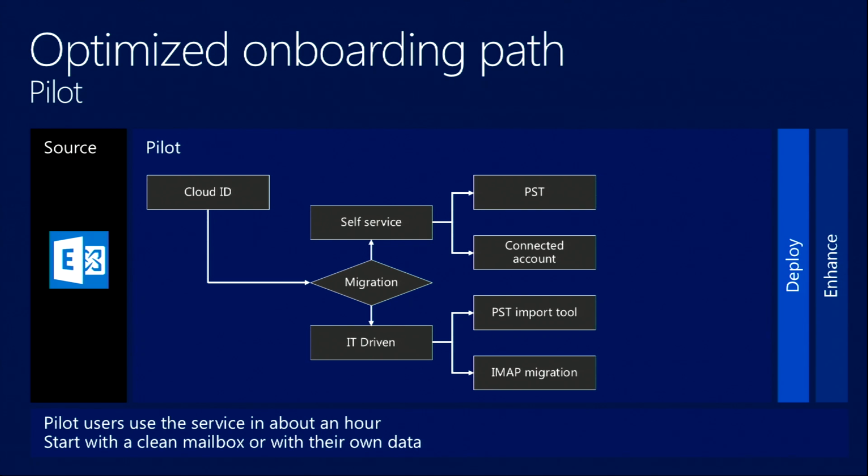But as you move through from the pilot to some of these decisions, we allow technologies like the PST import tool, which we've also developed out to be able to allow you to capture PSTs within your environment and push them up to Office 365. Or whether you're going to do an IMAP, and again, this is the pilot side, so we haven't even moved to deploy, and you have options around how users will experience email within a pilot without disrupting their on-premises logins or mail flow or anything else. So as you move through the pilot with Cloud ID, whether you're going self-service or IT-driven, you can then look at connected accounts, IMAP migrations.